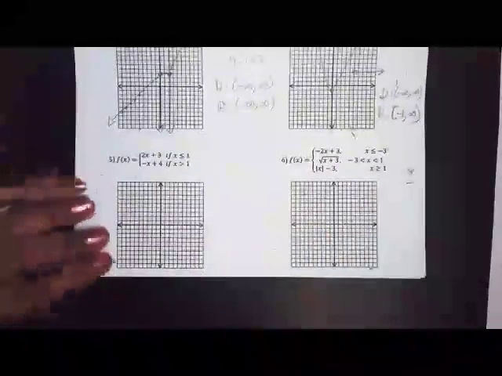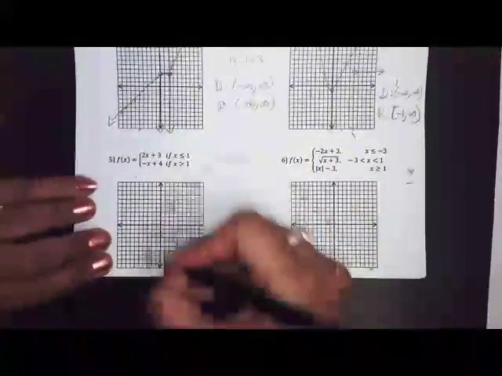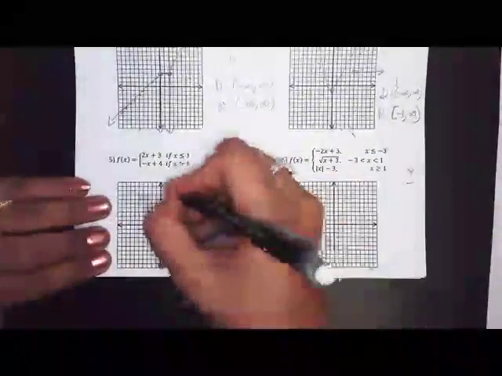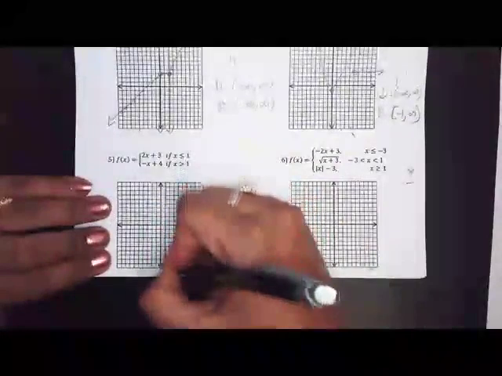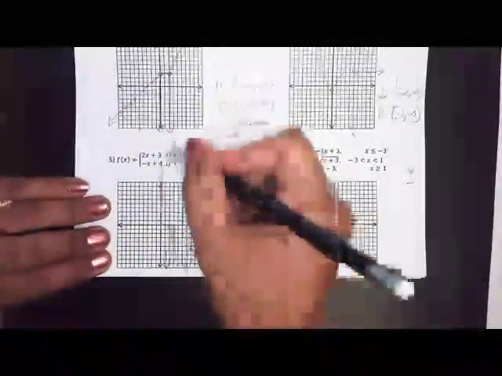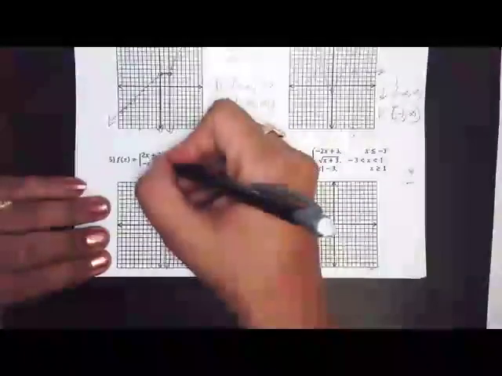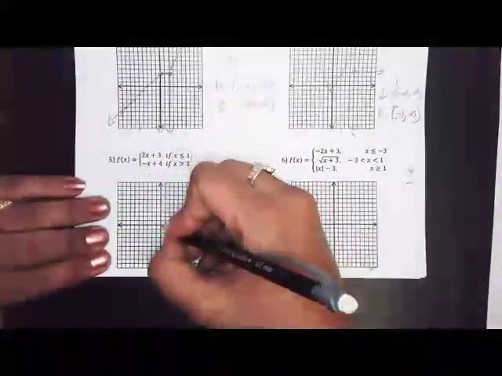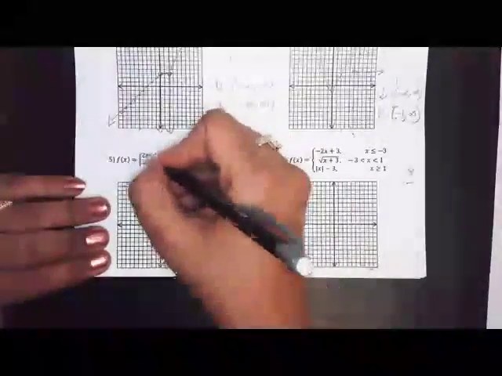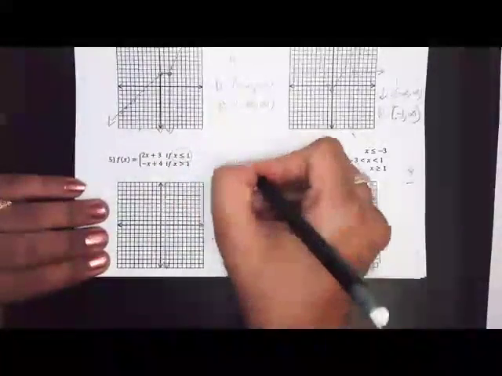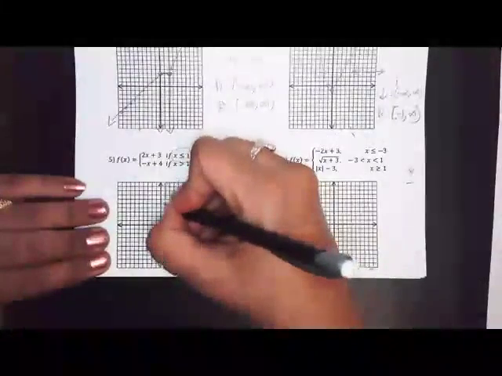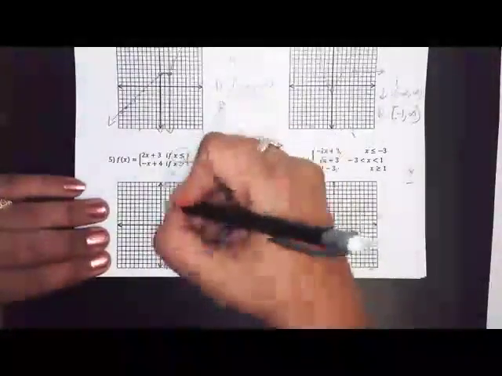On question number 5, again we draw a boundary line, but this time the boundary line is only at 1, so it's on the left of 1 or the right of 1. On the left of 1 we use this equation, which starts at 3 and goes up 2 over 1, so you go on this y-intercept, or you can plug in 1 as the least value. So when I plug in 1, 2 times 1 plus 3 is 5, so at 1 it's 5: 1, 2, 3, 4, 5. At 5 it's a closed circle because of this equal to sign, and then you go up